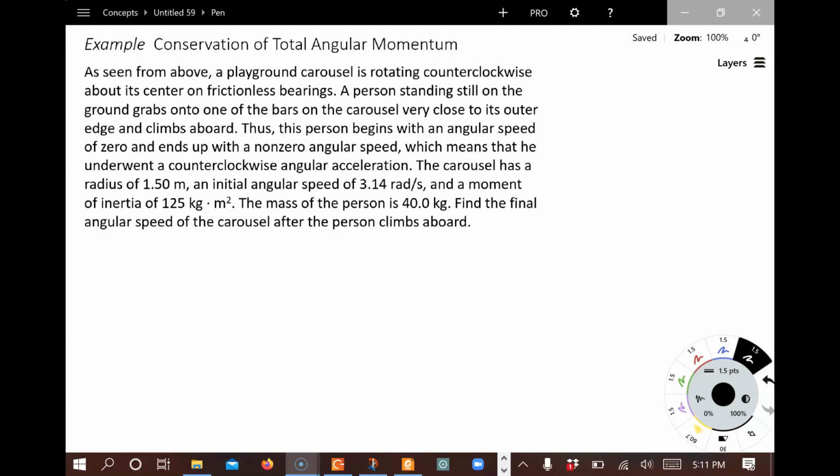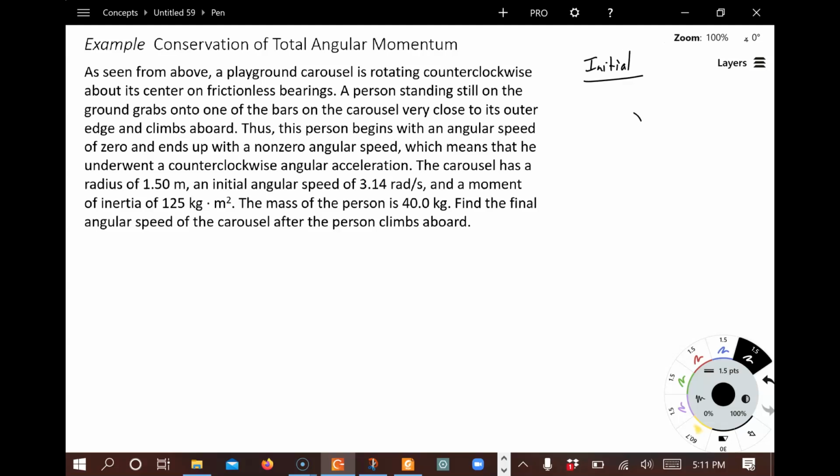So in this problem, we've got a carousel that is rotating counterclockwise. There's no friction here. And there's a person who's initially standing on the side and afterwards grabs onto the carousel. So we've got two situations. We've got an initial situation here